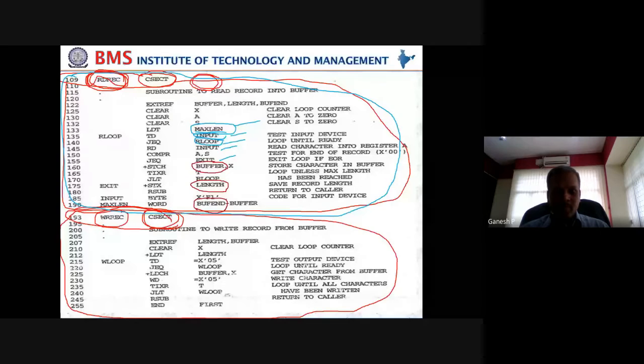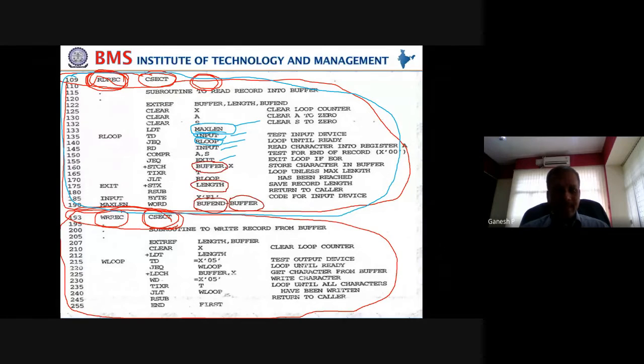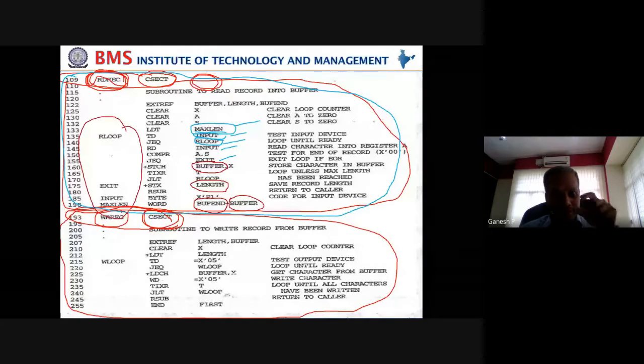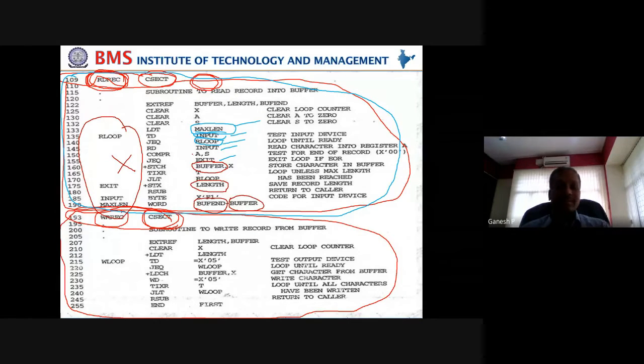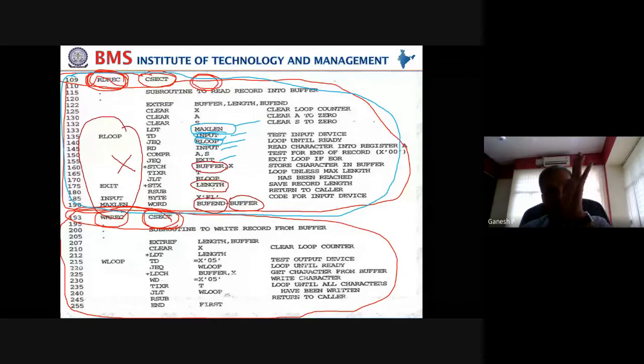There are 4 labels in general, but one is repeated. Total 3 now: buffer, length, buffend. They are nowhere here. They are not available here. So that means they are used in the current control section, but they are defined in some other control section elsewhere, and hence, since I am referring to them in my current control section, buffer, length, buffend will become external references to